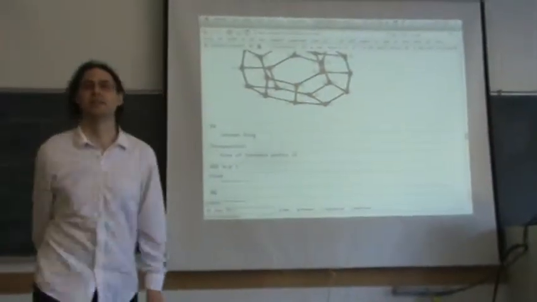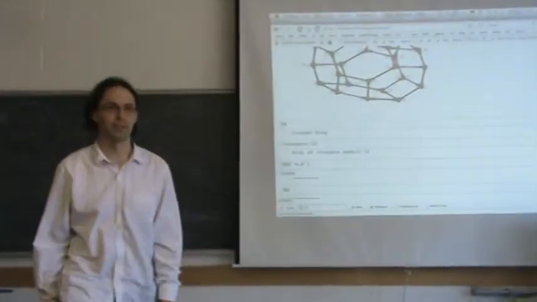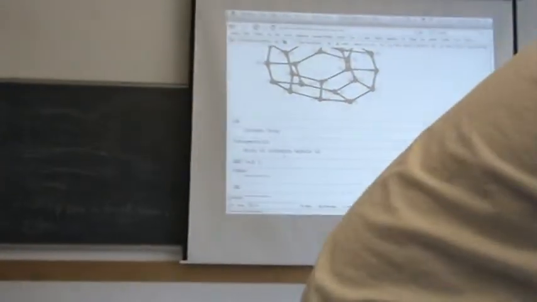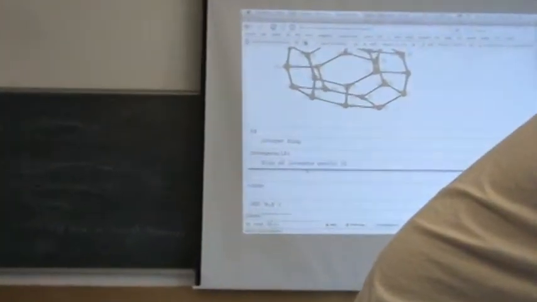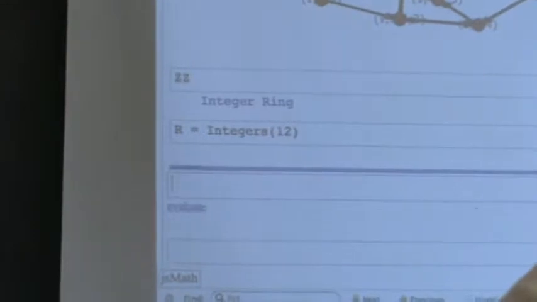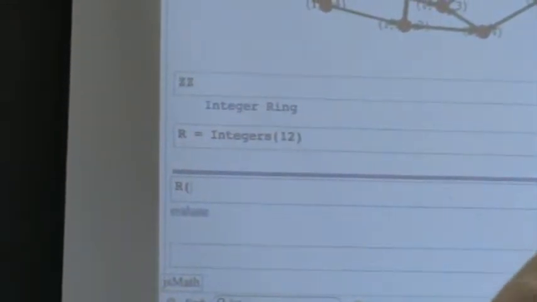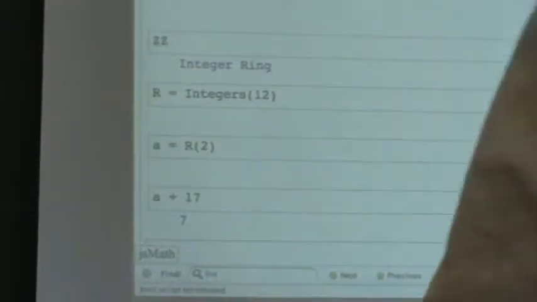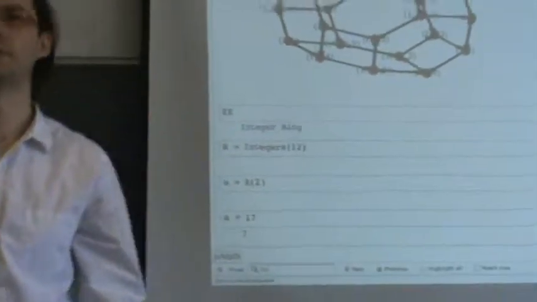Also, a popular ring that people work with every day is the ring of integers modulo 12, which is sitting right there on the wall, the clock. For example, you can do arithmetic there. If you let R be the ring of integers modulo 12, and then take, say, R of 2, which is right now, and then add to it, I don't know, 17 hours, it'll be 7 a.m. or p.m. I don't know which.